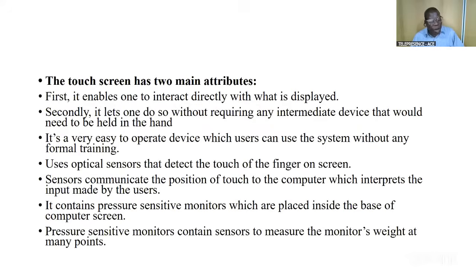It may use an optical sensor that detects the touch of the finger on the screen. Sensors communicate the position of the touch to the computer, which interprets the input made by the user. It contains pressure sensitive monitors, which are placed inside the base of the computer screen. Pressure sensitive monitors contain sensors to measure the monitor's weight